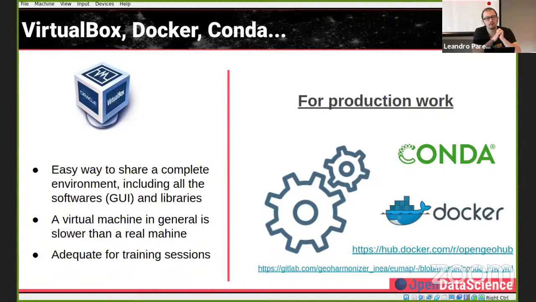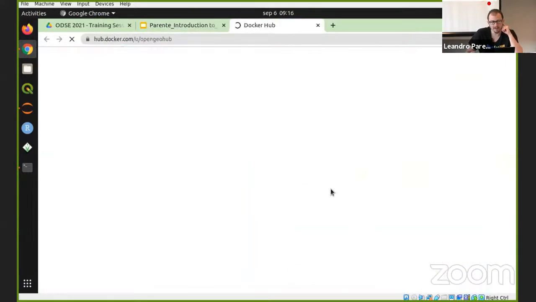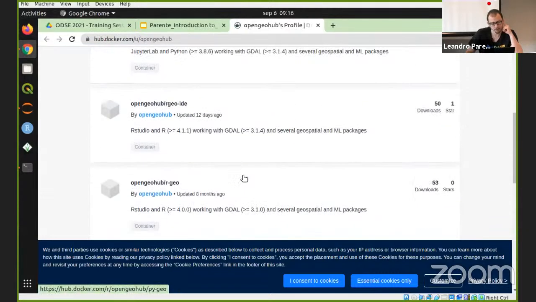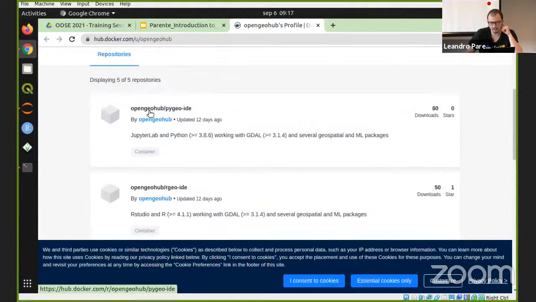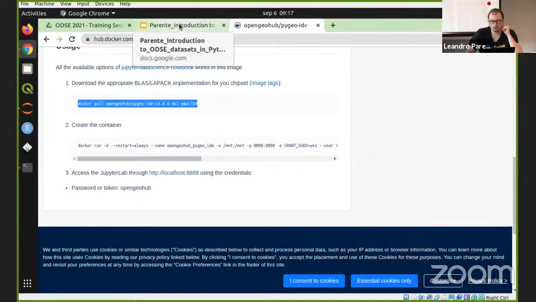For the context of this training session, later, to use the libraries and the codes that we are providing here, if you click here, for example, on this Conda env, you can see the libraries that we are using. This is a file to be processed by Conda to install all the libraries in your Conda environment. And here you can find different Docker containers with R. Specifically, we are using this Docker container with Jupyter. If you install it in your system, and you have instructions here, you should be able to execute all the codes that we are